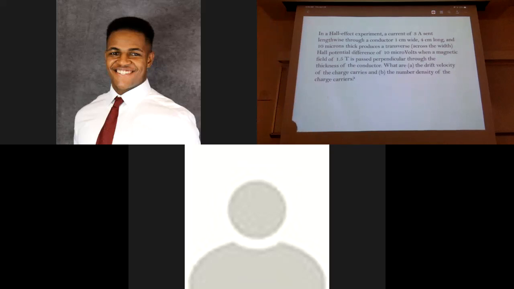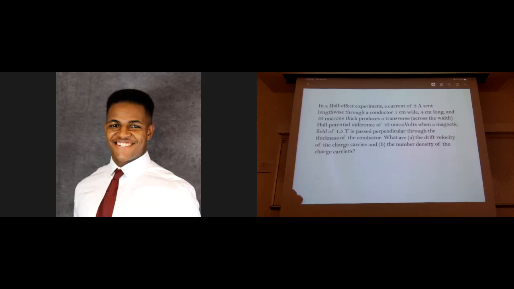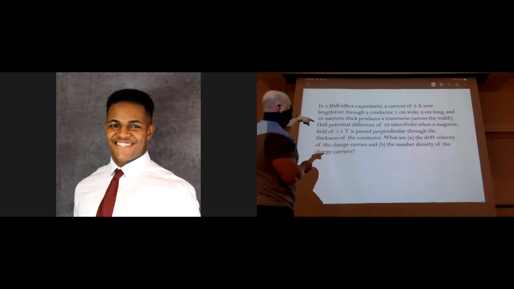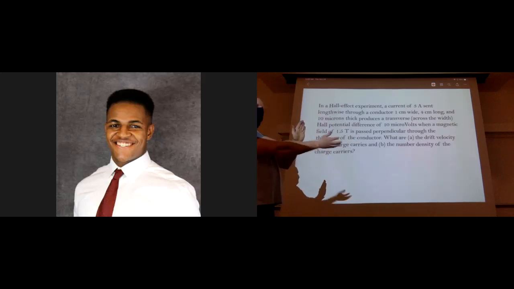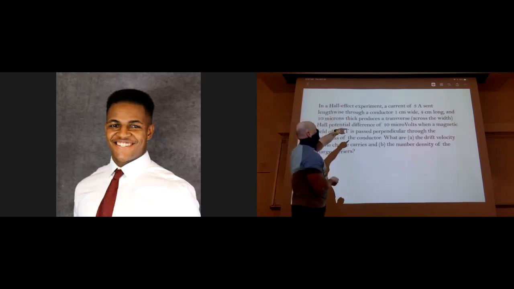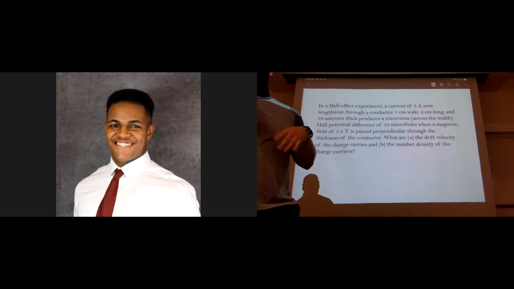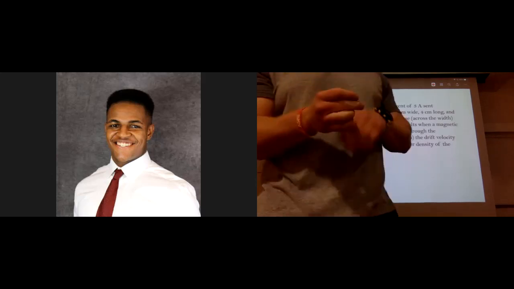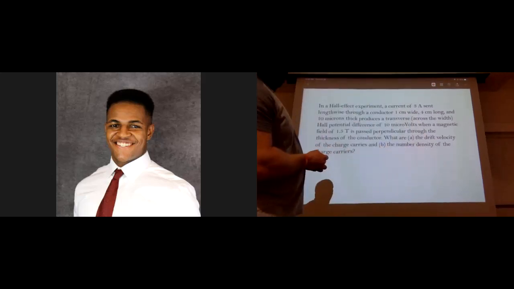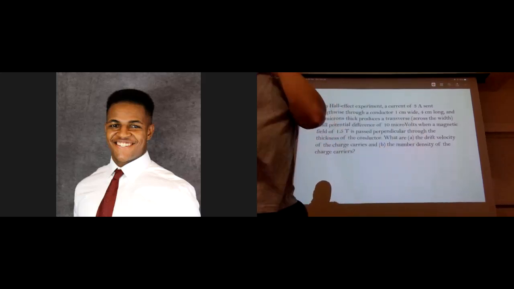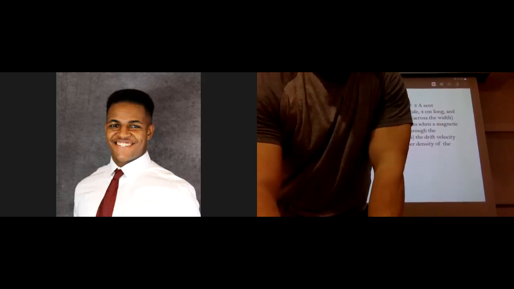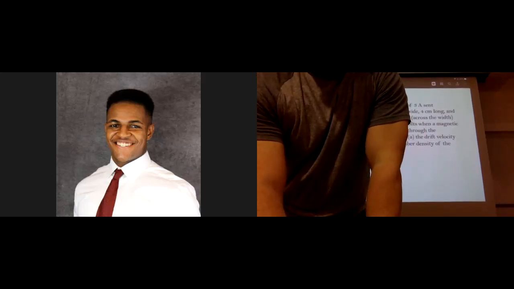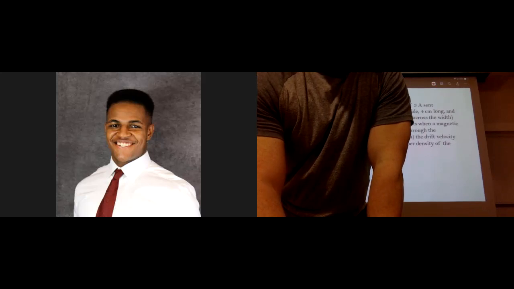Oh, in this case, it tells you that this is a transverse Hall potential across the width. So since that's across the width, then they have to be moving lengthwise. Which means in this case, the area you care about is the same one we had before. It's just the width times the thickness. I just gave you the length just to throw you off. So you don't need the length at all. You don't need that 4 centimeters. So the area in this case is just